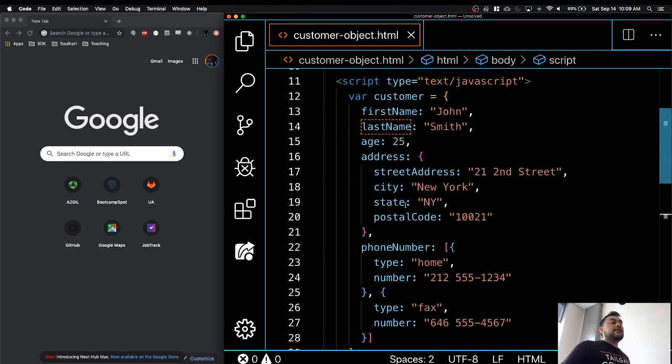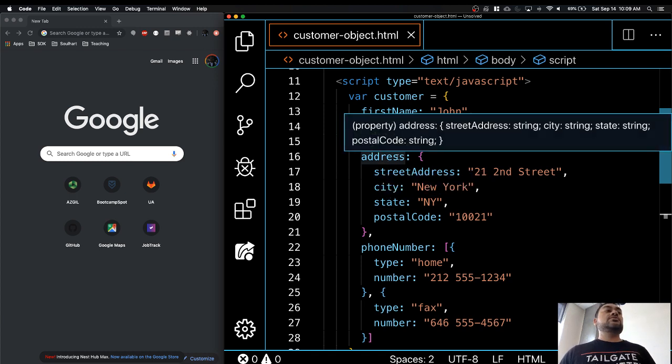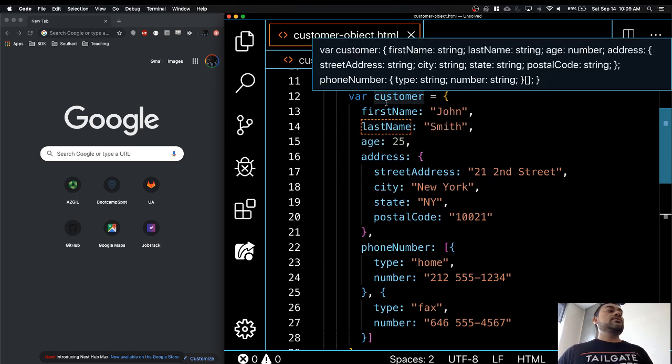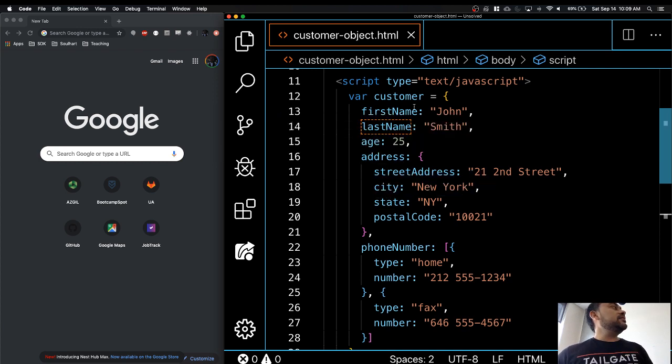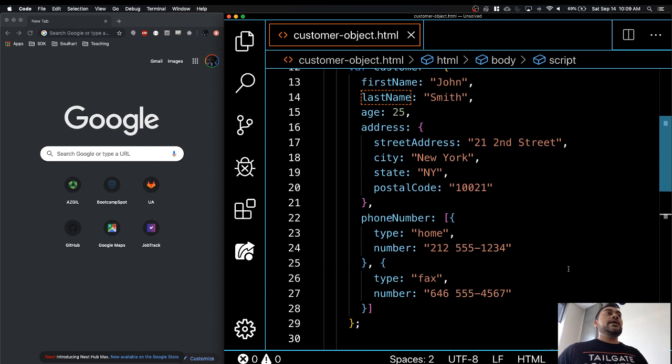So state is kind of embedded into another object. So we start with the first one, customer. We find the address, and then we find the state. And how do you do it? Customer dot address dot state. Why? Because this is another object. Any questions on this? Understood? Okay. Michael,